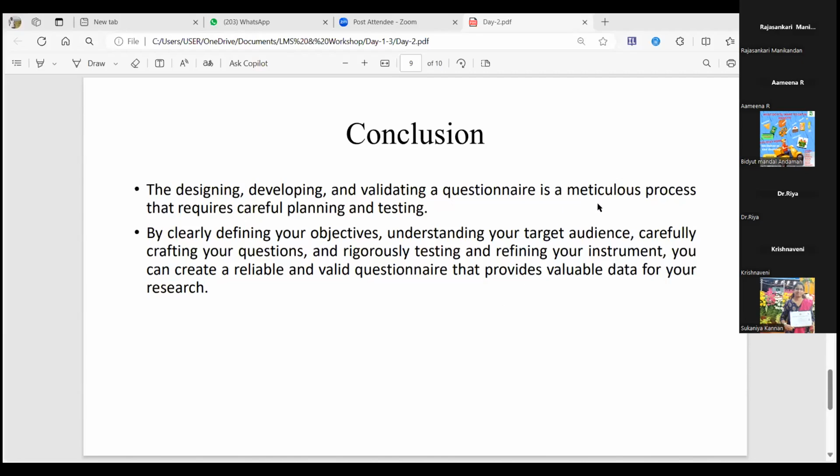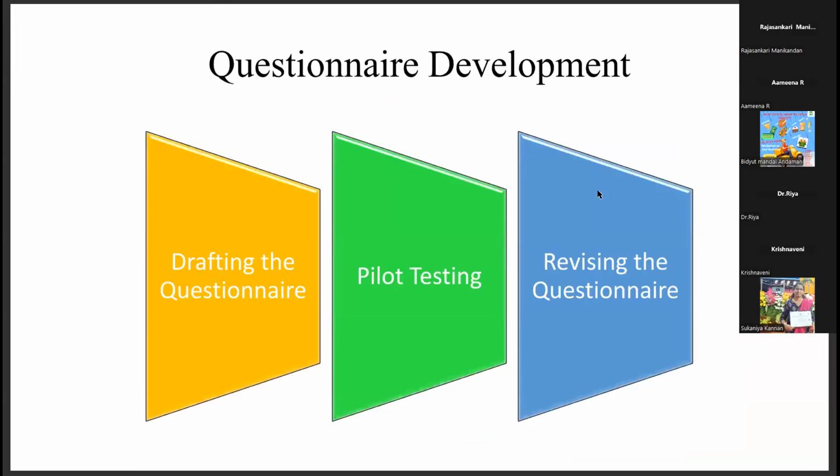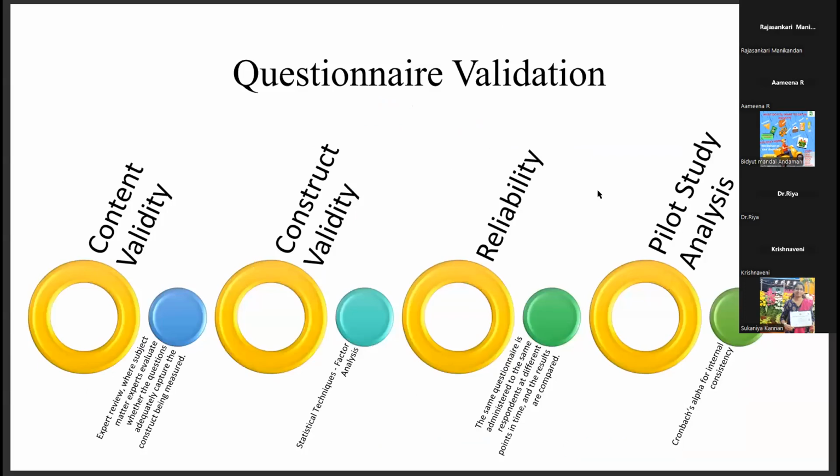So today we have discussed the questionnaire design, which consists of five important steps. For each objective, there should be questions, and based on the target audience, you need to frame the questionnaire. Most of the questions should be close-ended. Questionnaire wording is important. The question order is also important. After drafting the questionnaire, go for the pilot testing, and then finally revise your questionnaire. Then, to check once again for validation, go for content validity, which means go for expert opinions and the target audience, go for construct validity using factor analysis, then the reliability analysis,